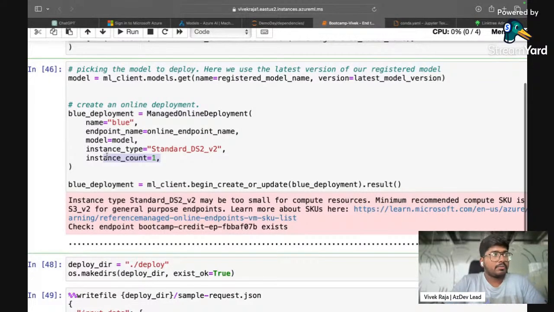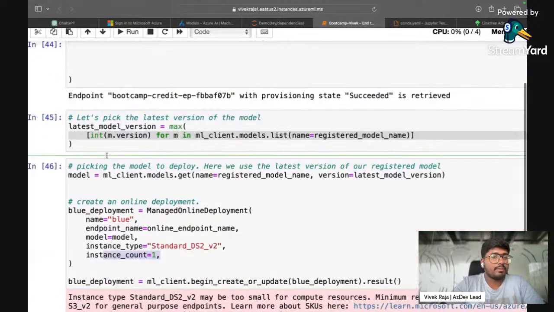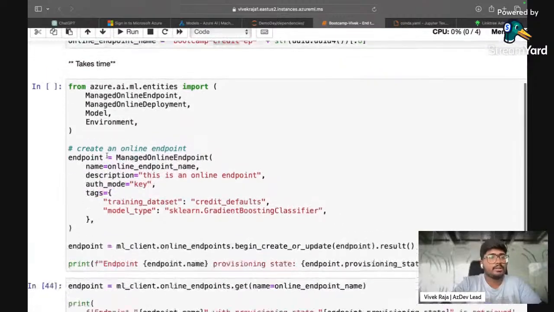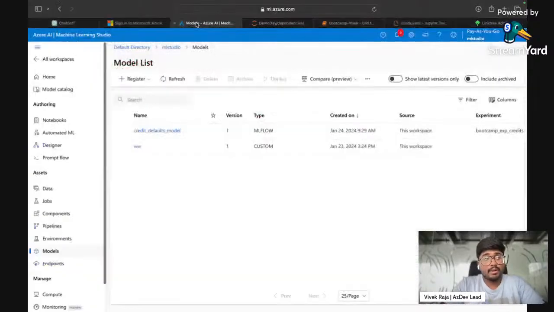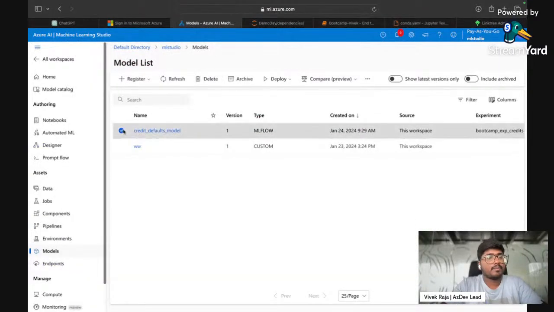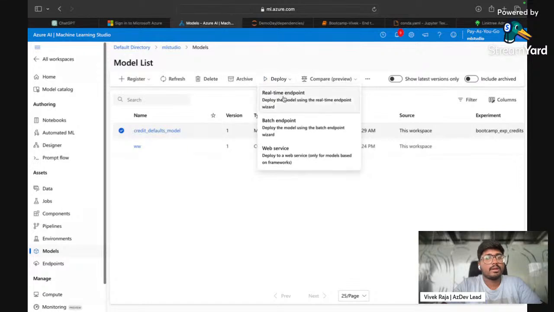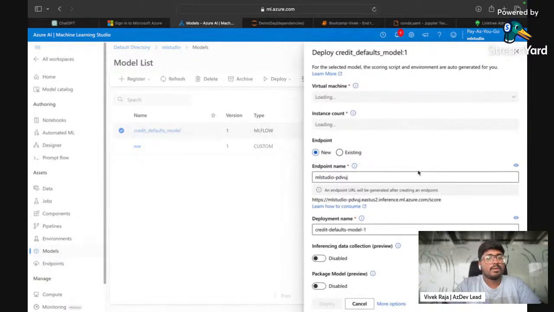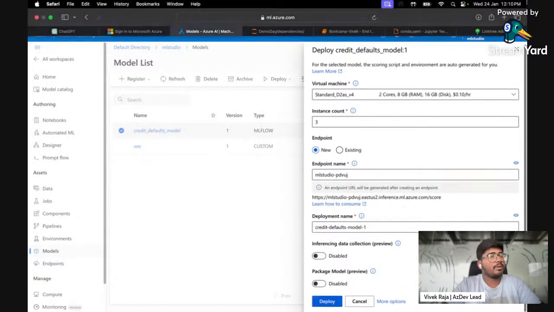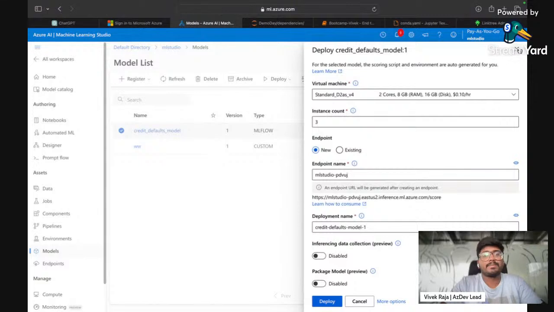Till now, people were assuming that deploying machine learning models is a tough task, right? It's very difficult to take a model and publish it so that everyone can access it. But all you have to do is run a couple of lines of code, and it's fairly simple. And even if you're not familiar with it, once your model is there, go and click deploy, fill in all the details and click deploy. Your machine learning model is deployed. It's as simple as that.